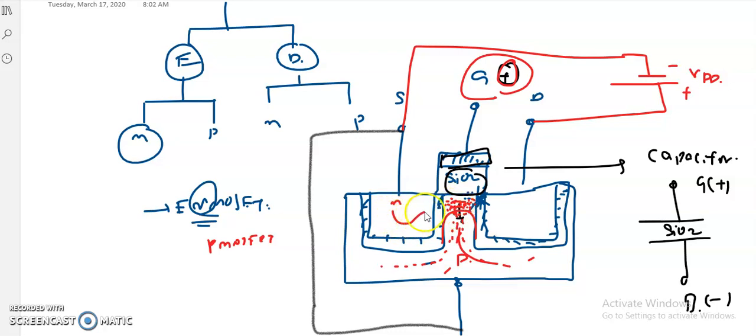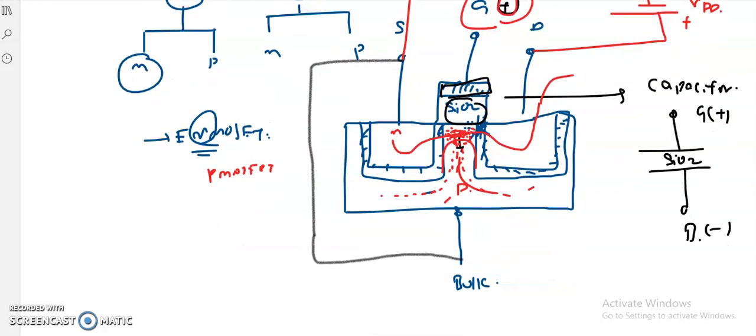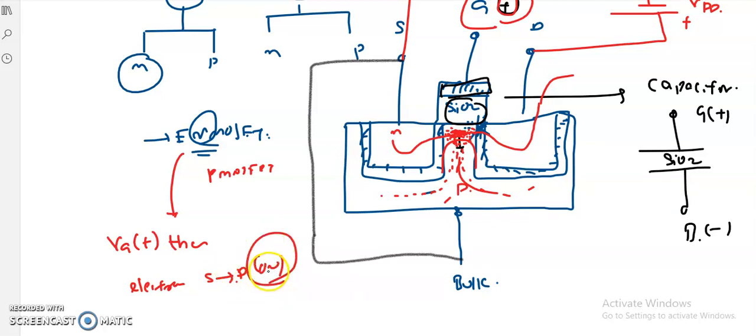So now the electrons from source to channel and from channel to drain, okay, they will move like this. Now the conduction of this MOSFET starts. So it is the operation of the enhancement N-type MOSFET. So now what we have to understand is that if the gate voltage is positive, then electrons accumulate in between the source and drain, the depletion region will be cancelled out and a channel forms. From this channel the electrons will start moving from source to drain. Then the conduction starts, that means the MOSFET is in on state.